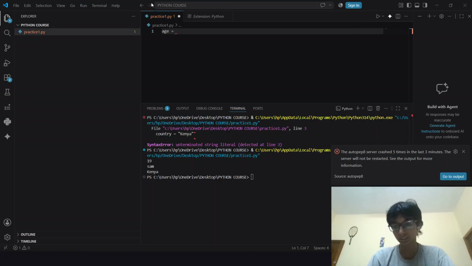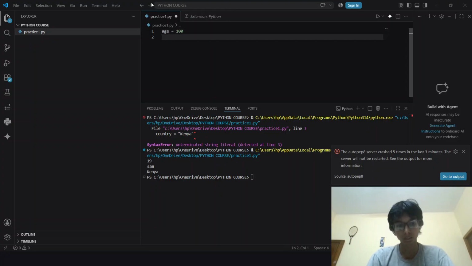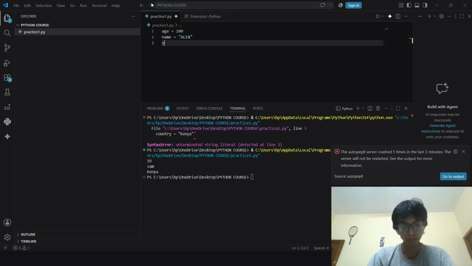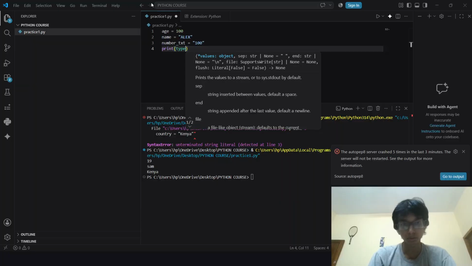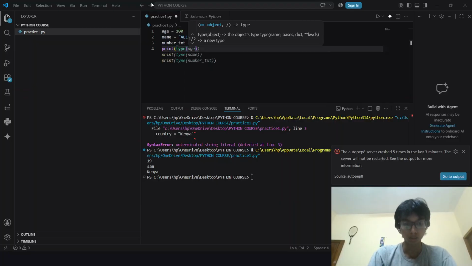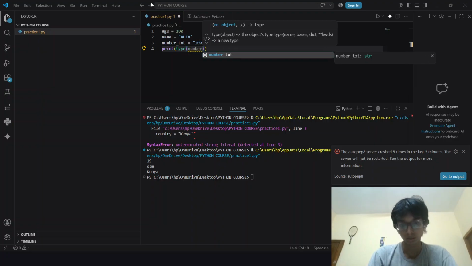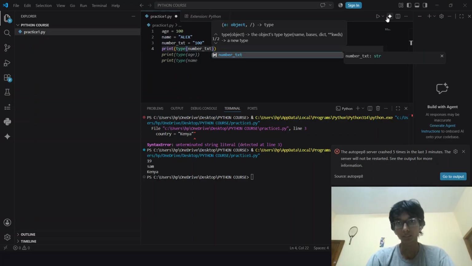The new function, which is equal to 100. Name is equal to Alex. Number x is equal to 100. If you print type of number, then if you print it,